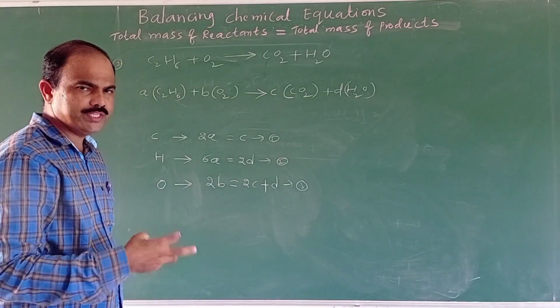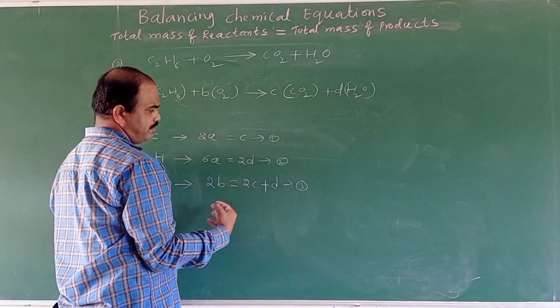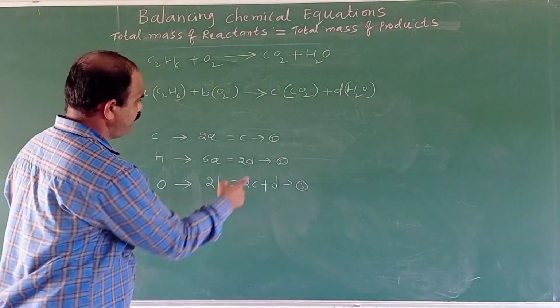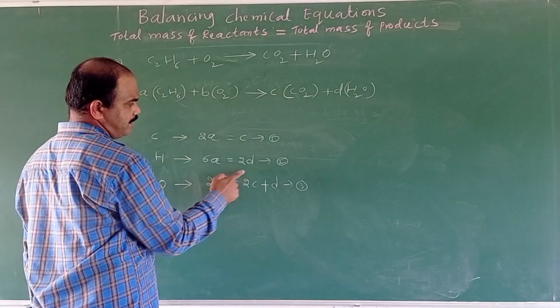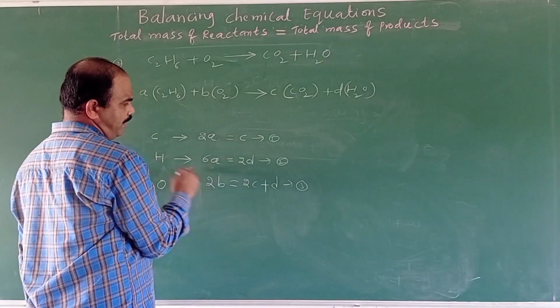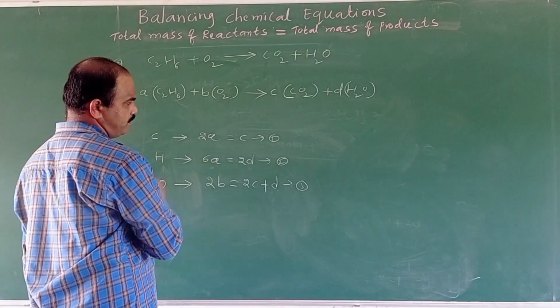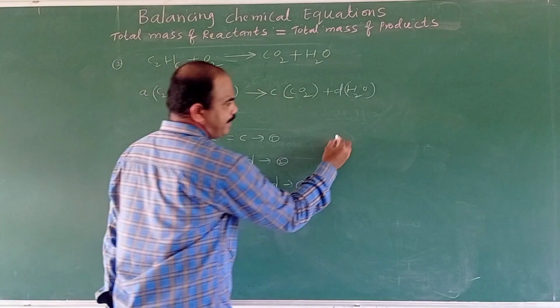To solve, which one will you take as 1, and which value will become more? So now you have to check. D will become 2 times and A will become 2 times. But if you take D equal to 1, you also get the A value. But for an easier way, I am taking A equal to 1.